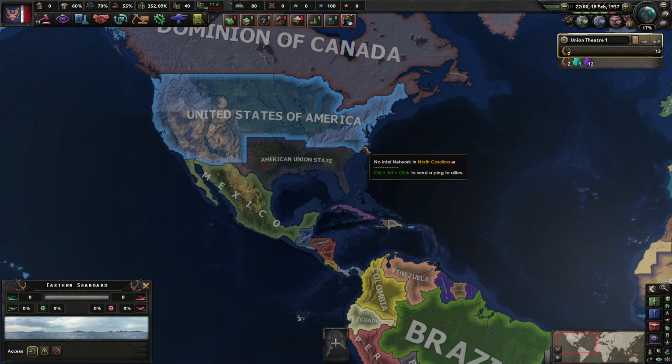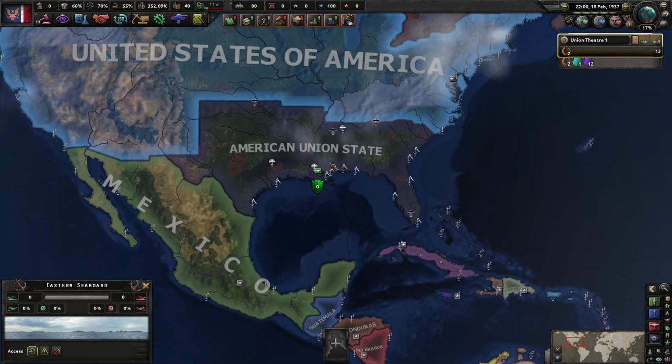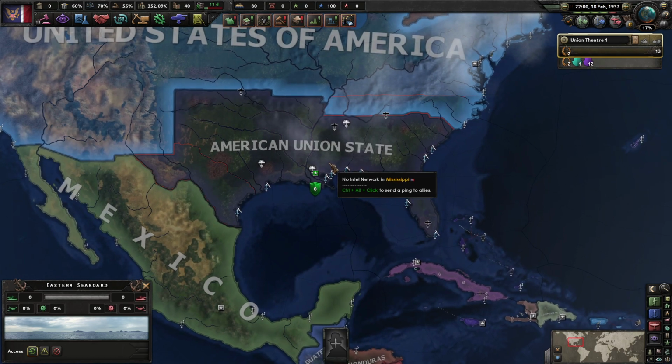Hello everybody, welcome to a brand new Let's Play series in Hearts of Iron for Kaiserreich. Today we're going to play as the American Union State, and we're going to be going down the Pelley path, the American 1st Legion, basically maybe the worst timeline for the United States. We'll see. But we are starting here February 18, 1937, and we're going to be having a 4-way civil war